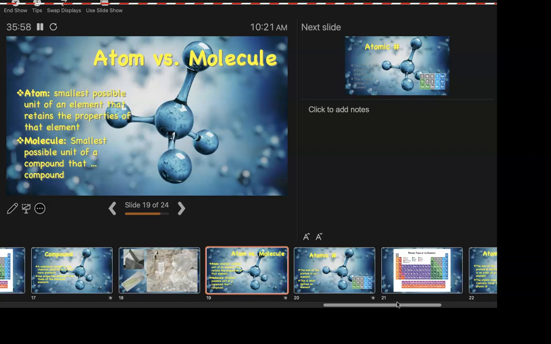It's a water molecule. And you've been trained since day one to use that word, but there's a reason why when we move up to a compound, we use a different word. There's no atom of air. There's an air molecule. Again, that sounds right because you've heard it forever. So they have the same definitions until the very end. So a molecule is the smallest possible unit of a compound that retains the properties of that compound. For those of you that got lost in my ellipses there at the end.